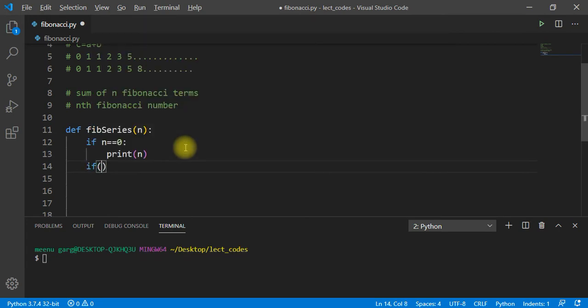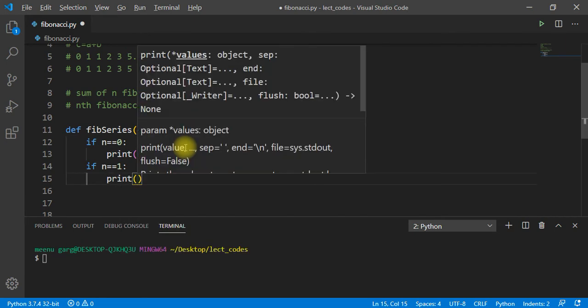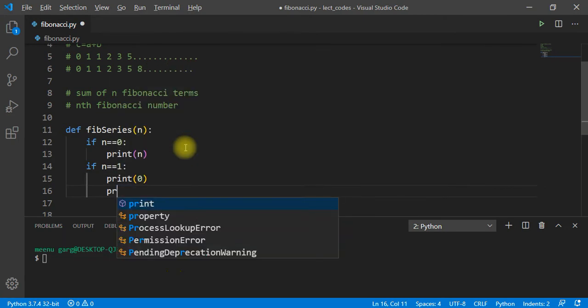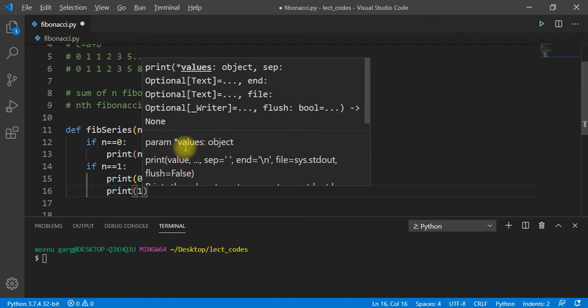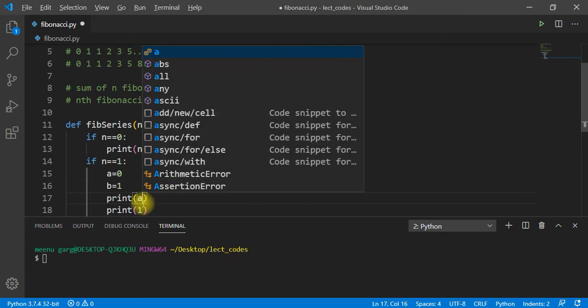But if he says give me till 1, then if n is equal to 1, either I can have a is equal to 0, or directly I can print 0 and print 1. If it creates confusion, a is equal to 0 and b is equal to 1, so we are just printing them.